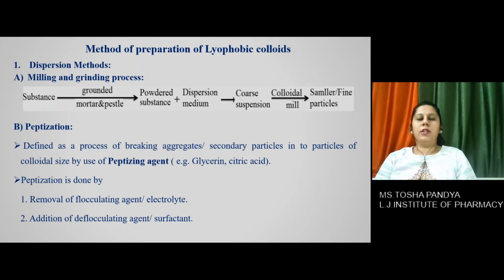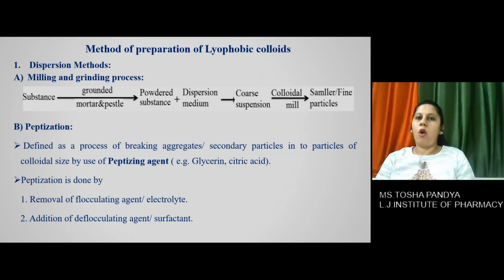Here you convert larger substance to smaller size range with the help of mortar and pestle, which is then converted to a coarse dispersion, which is subjected to a colloid mill, which will convert it to smaller or fine particles. The next method, which is very important, is the peptization method, which is done with the help of peptizing agents such as glycerin or citric acid, which will accommodate in the coarse particles and break them down into smaller, colloidal size range particles. This can be done by addition of